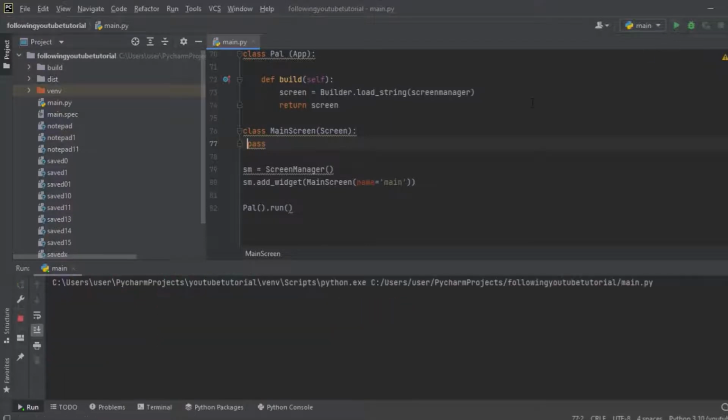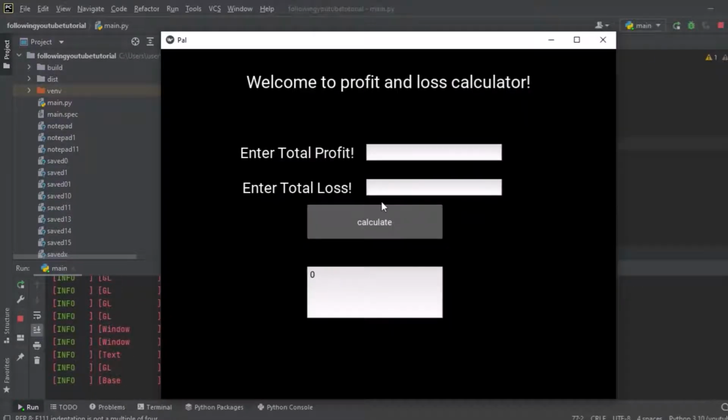Whenever I run the application, I make sure it displays 0 right over here, and also here 0 too. And the way the 0 is being displayed over here, I want to display 0 in both profit and loss text input. So